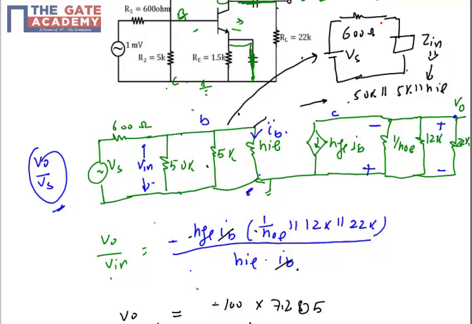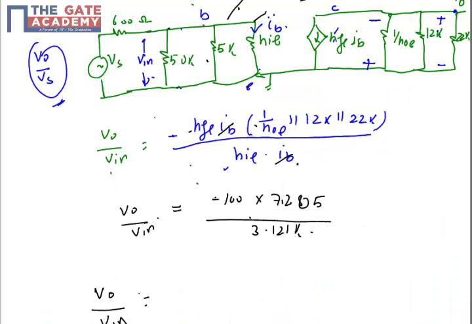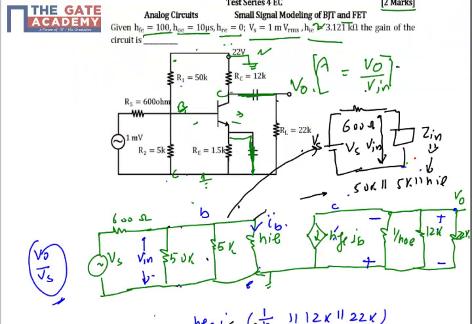And what is the voltage drop across Zin? The voltage drop across Zin is Vin, because I have defined it as the voltage drop across the base to ground terminal, or emitter terminal, is Vin. And the input supply is Vs. Why am I taking this equivalent? Because with the help of that I can apply voltage divider here. If you consider these three parallel resistors as one combination, which I have named Zin, then I can apply voltage divider here.